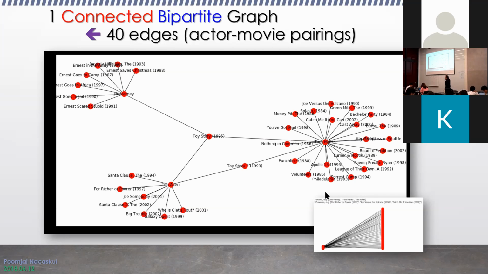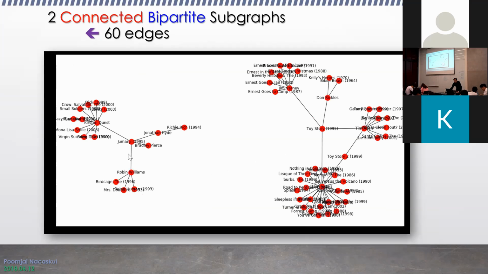So this is just an extraction. I'm just picking 3 guys. Basically, I pick 3 guys here, and I got here. Now, obviously, this is very simple, right? It has 40 edges. So you counted the 40 edges. Now, as I increase the group, I get this. So there are actually 2 groups of actors. They're not connected yet. So in other words, Robin Williams